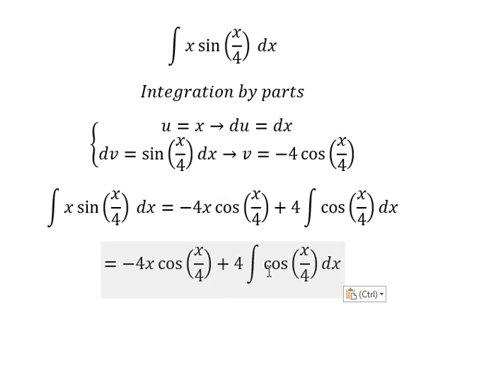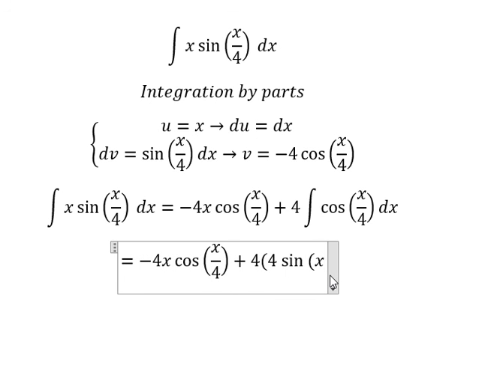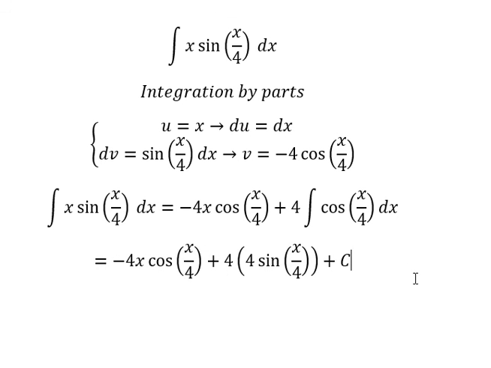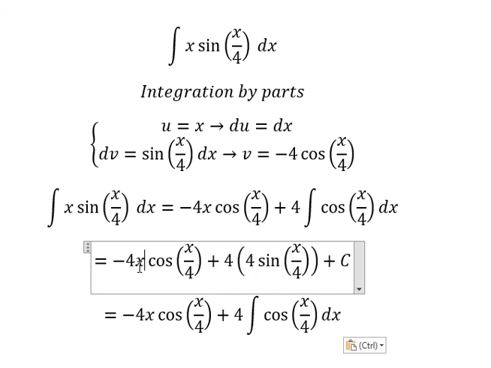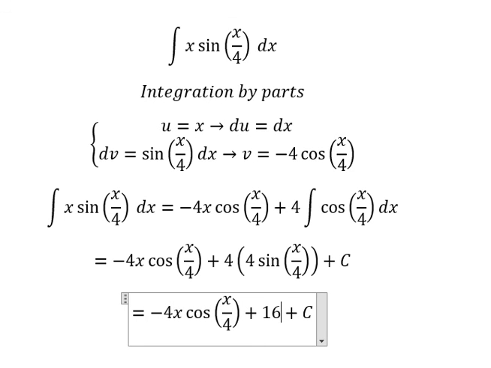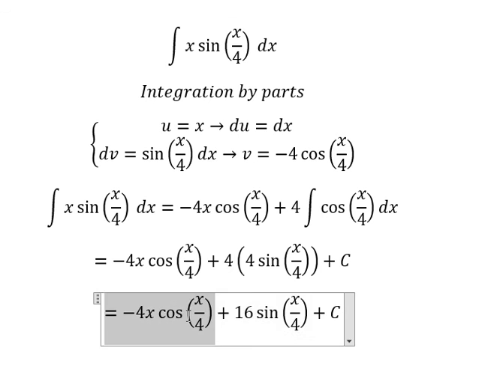So the integration of this one, we have 4 and we have sine of s over 4, and we put the sine here. So 4 with 4, you got 16. And this is the final